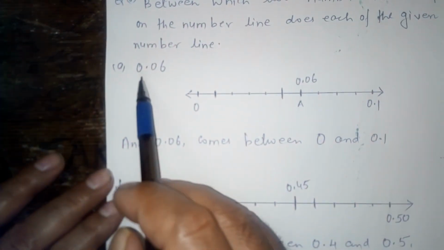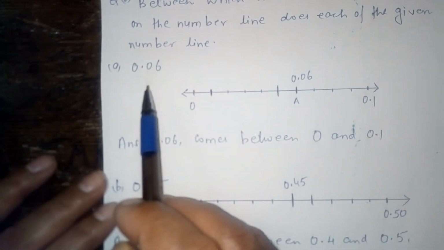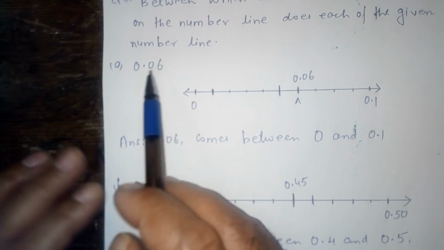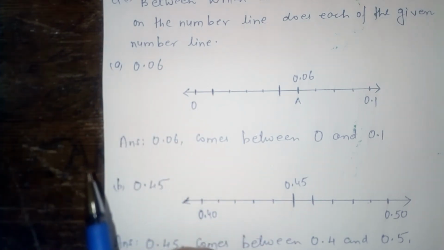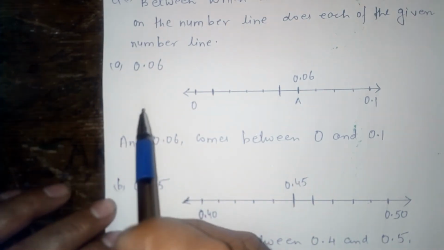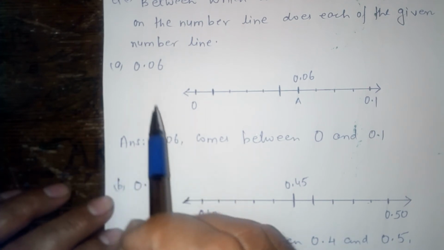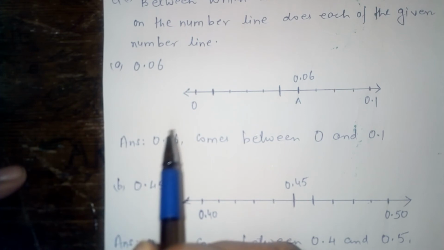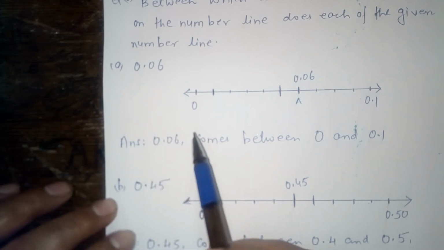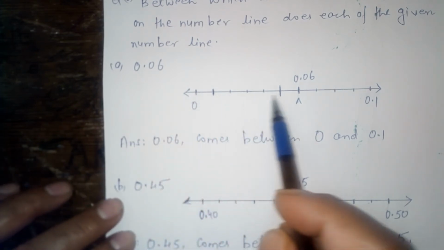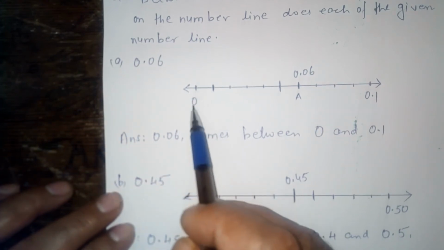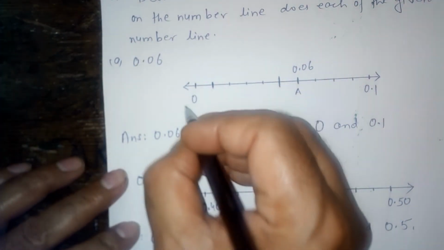Your question is 0.06. The question is asking, 0.06 lies between which two decimal numbers? So what we will do, you know very well, this is the number line, and this is 0. We can write here